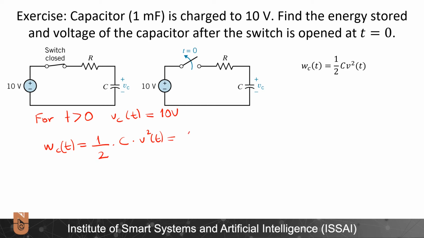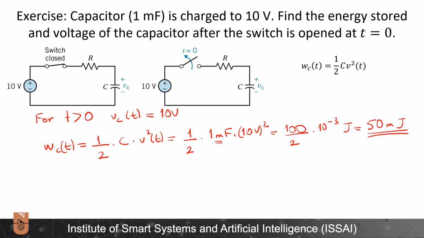Therefore, this will be equal to 1 over 2 times 1 millifarad times 10 volt squared, and this will be equal to 100 divided by 2 times 10 to the minus 3, because here I have millijoules, and this will be equal to accordingly 50 millijoules. The unit of energy is joules for